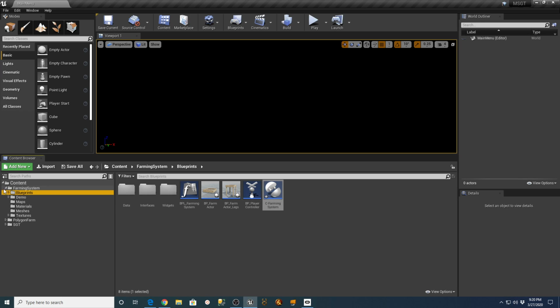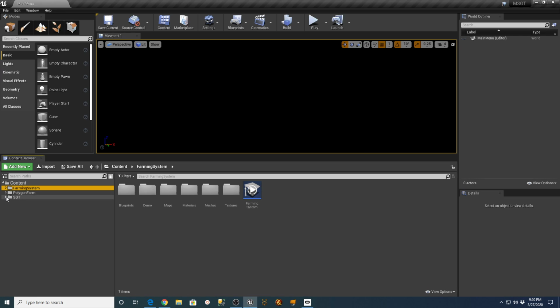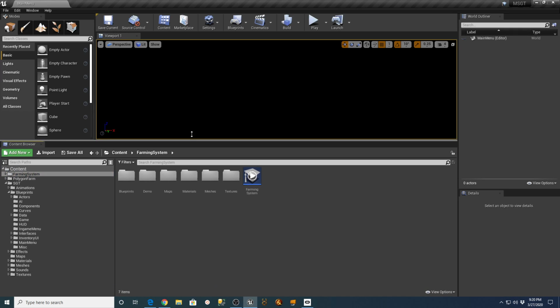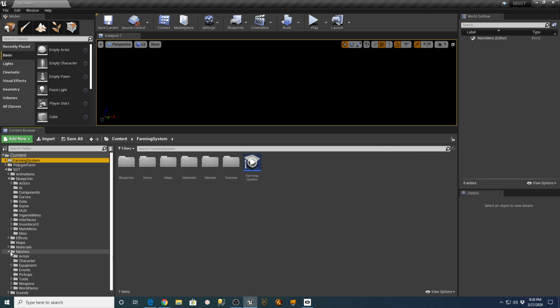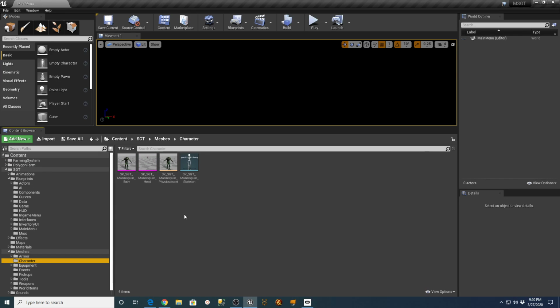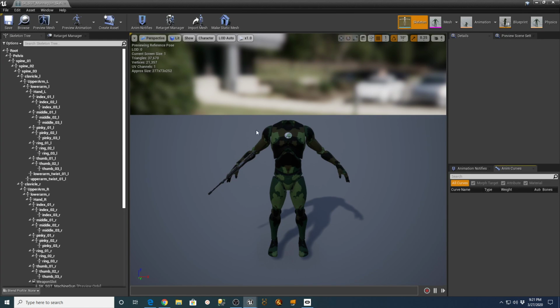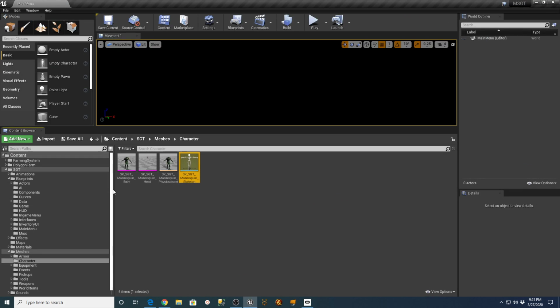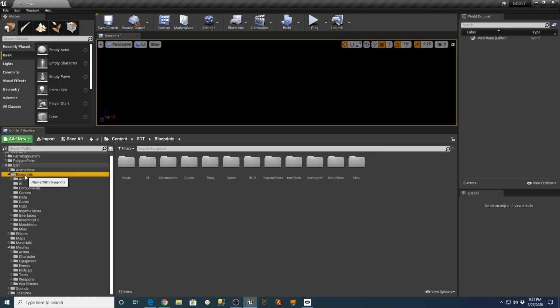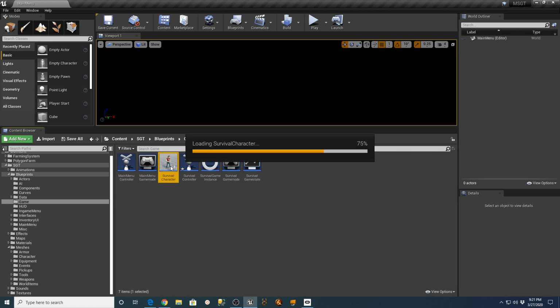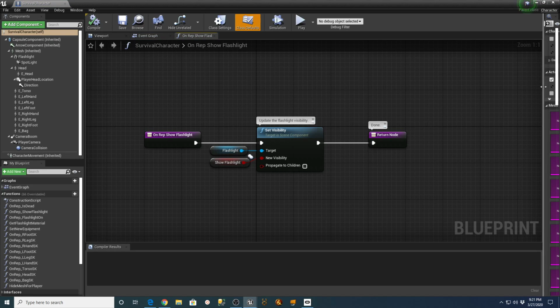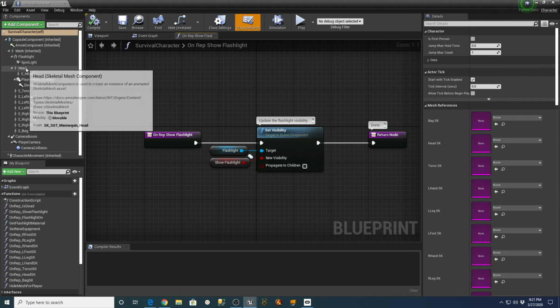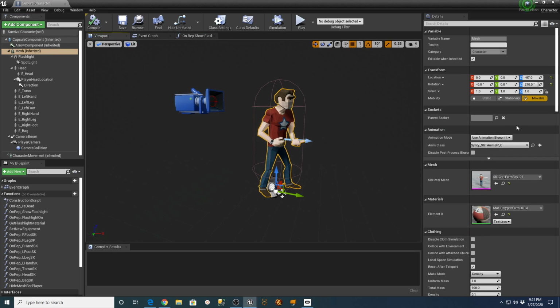Now, inside of the MSGT section, you have characters in here. And one of the characters is down here in the meshes section, mesh character. So this character here is the one that runs around in your game by default. And what I'm going to do real quick is I'm going to go into, there should be a game blueprint here for the survival character. And I just want to go in here, I'm going to put this back the way that it normally goes. I'm going to go under the mesh, the viewport, and